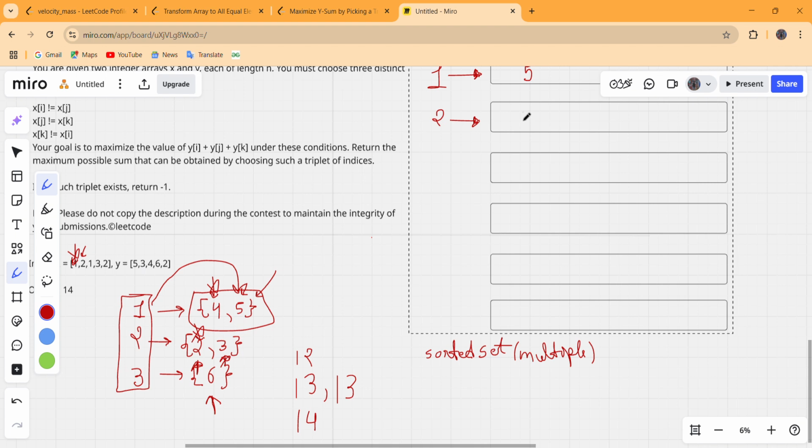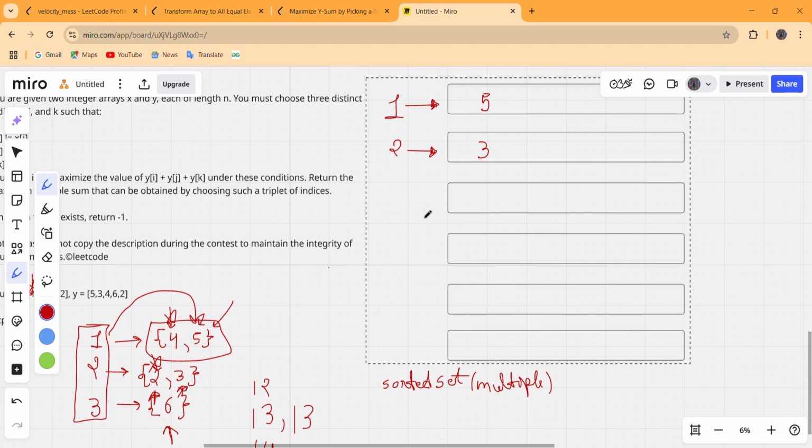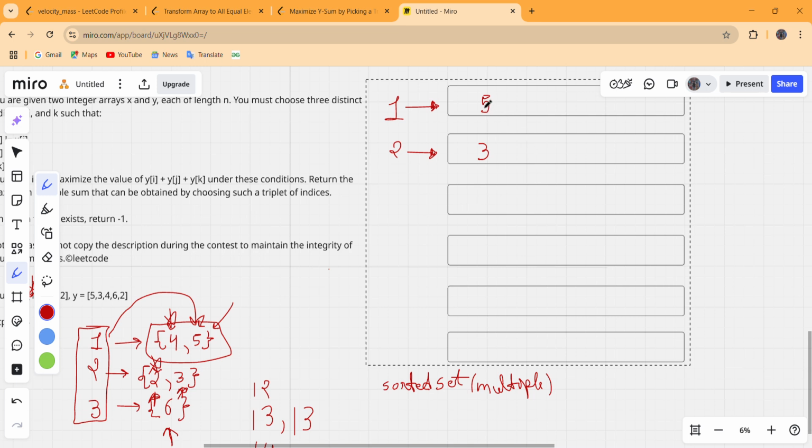So push this 3. Again, this one comes, and for this one the corresponding value is 4, so this 4 is pushed inside this multiset. But as we all know this multiset stores elements in a sorted form, so this 4 will come before that 5.